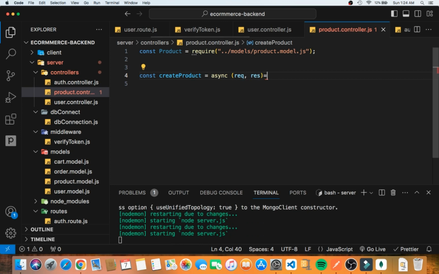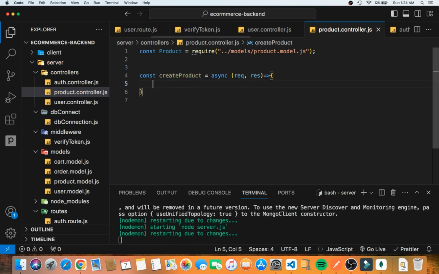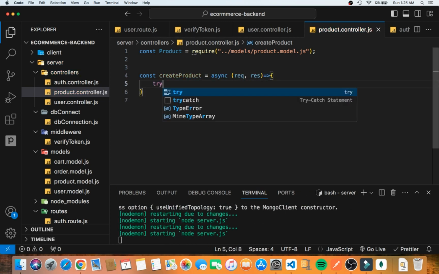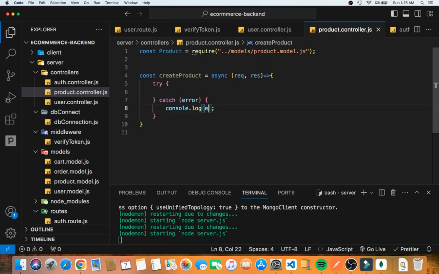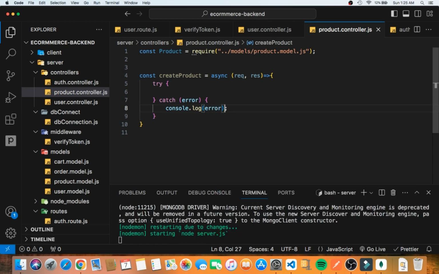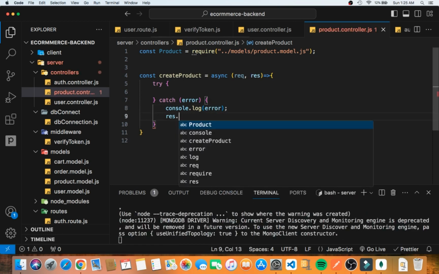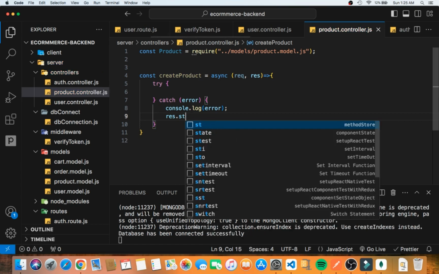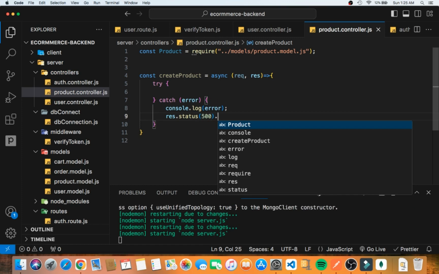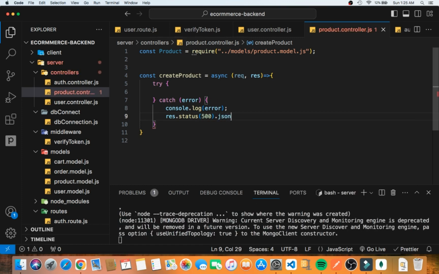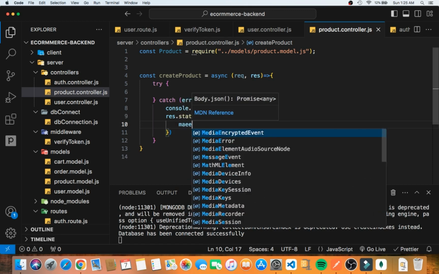Then in here we are going to create a try catch block, of which of course we would console log the error, and then we can also send out a response.status of 500, which is going to have a JSON object,